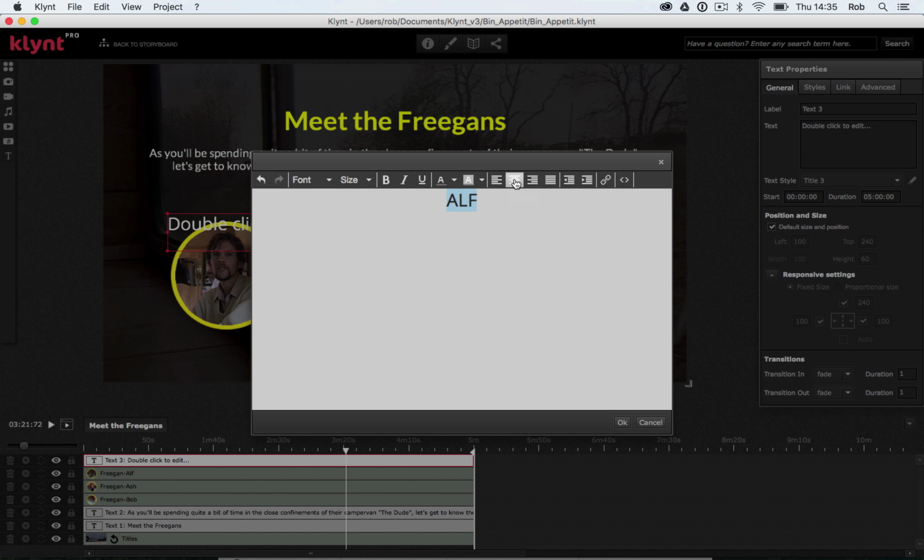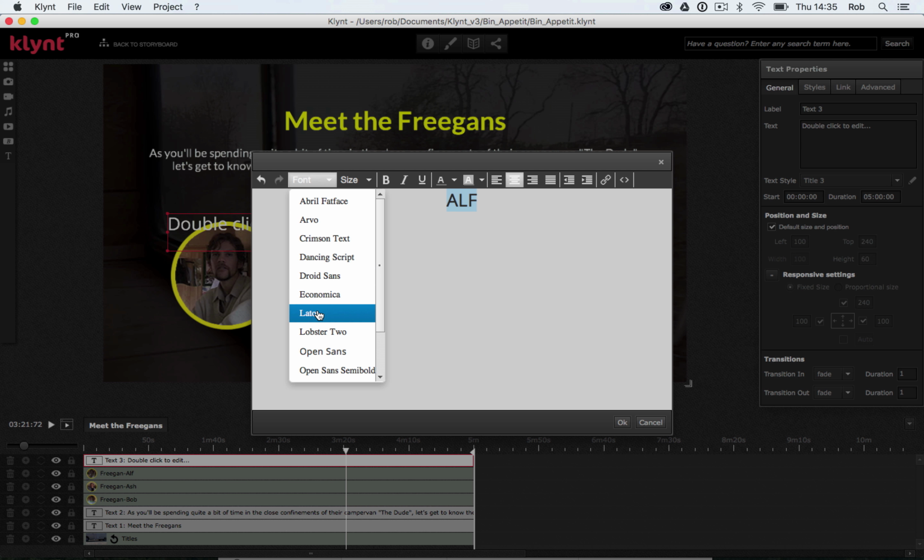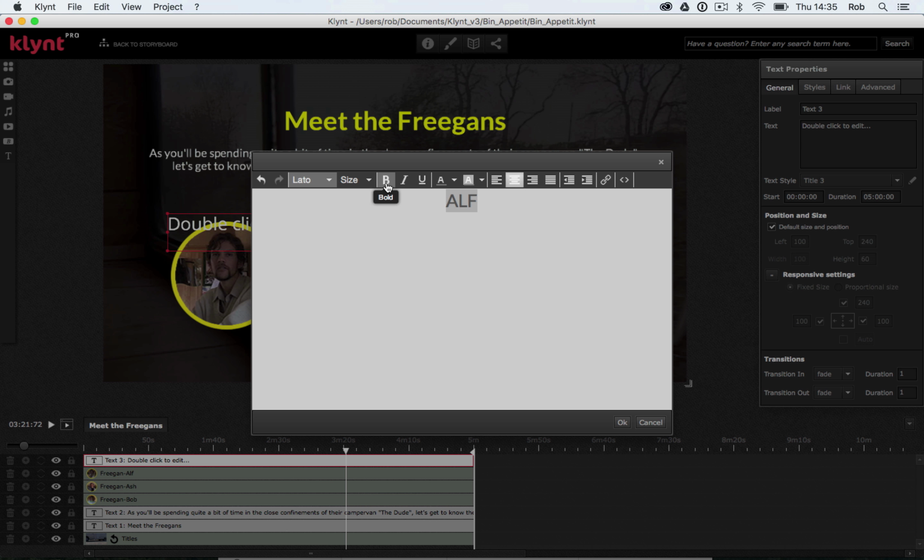I'm going to center align it. I'm going to use that Lato font once again. I'm going to make it bold. I'm going to make it the same yellow that we keep using. And let's change the size of this to 24. Again, a little bit of guesswork there, but we can always come back and change that size once again. And I'm going to put a new line in underneath, and I'm going to write